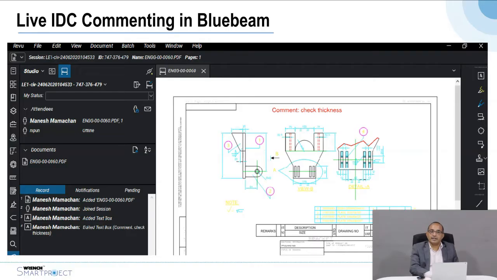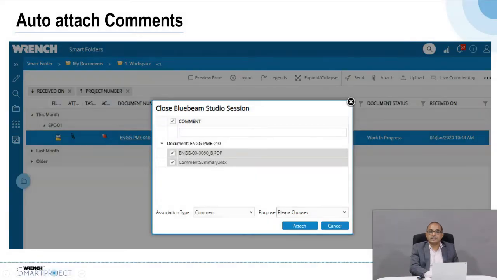If it is 2D drawings, the drawings can be submitted along with a CAD file as well as a PDF. And for IDC purposes, it can be sent to multiple resources at the same time, and all the resources can simultaneously comment on the cloud, and each can see the comments of the others, and the consolidation of the comments takes place automatically. From this, the system captures the comments which have been put on the PDF file.